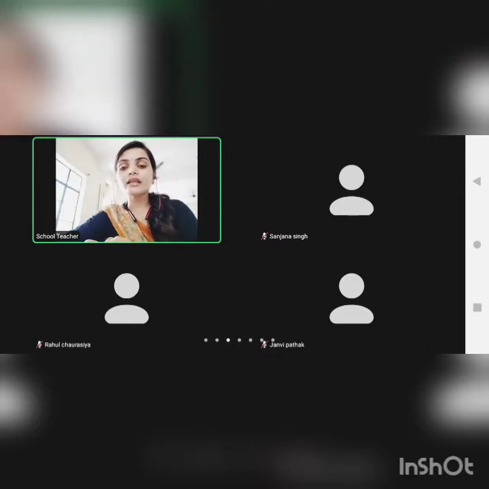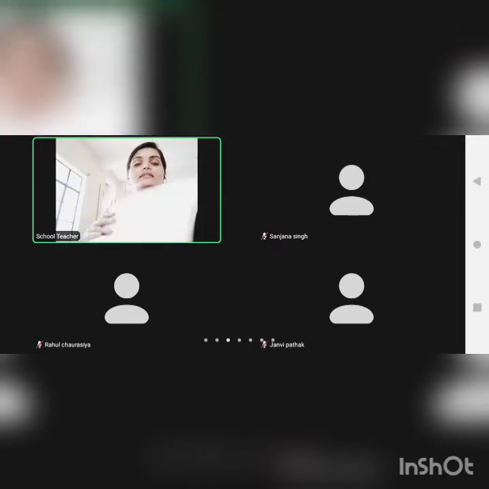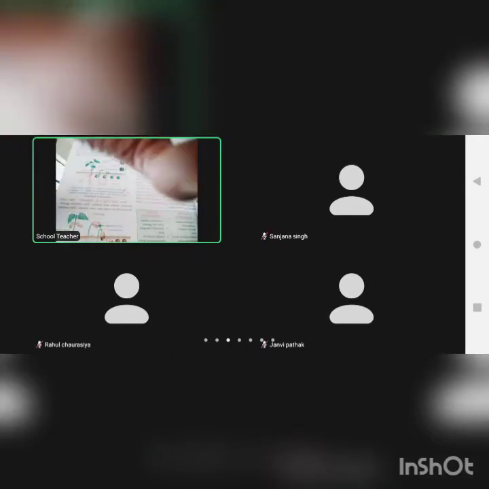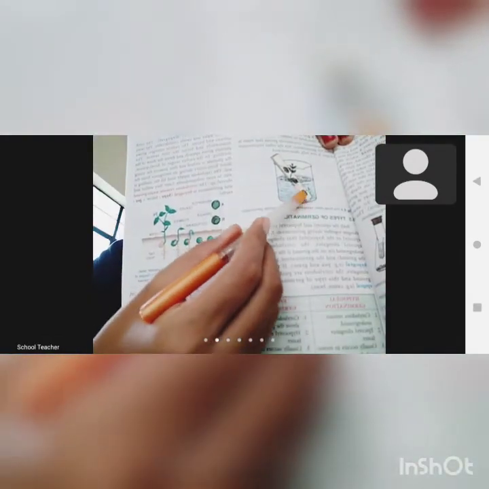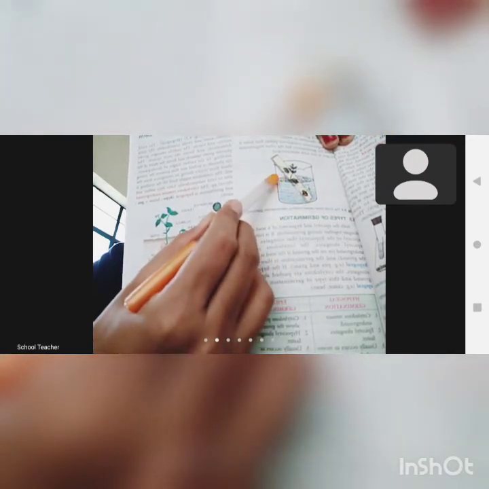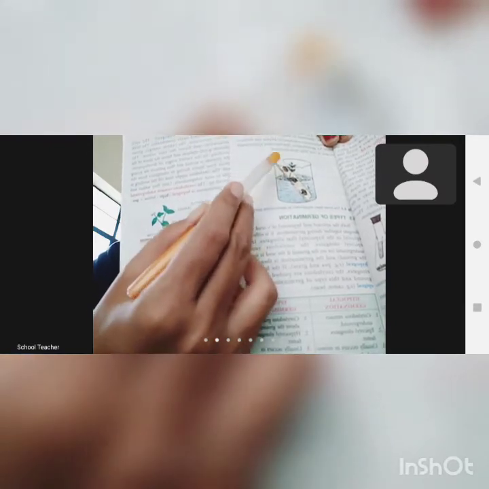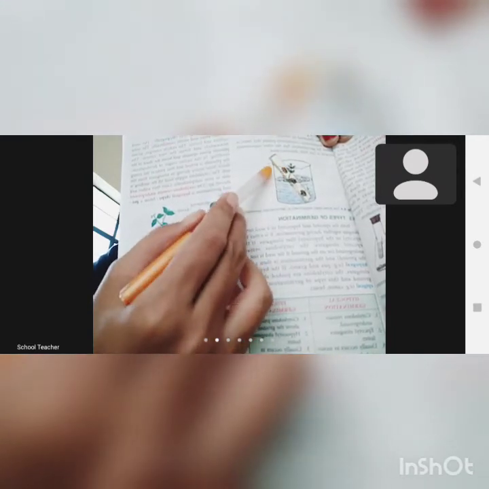Now see figure 6.4, this diagram. All of you see this diagram. Here you can see this seed, this seed, and this seed. This seed is not showing germination because it is getting sunlight, temperature, oxygen, everything, but not water.